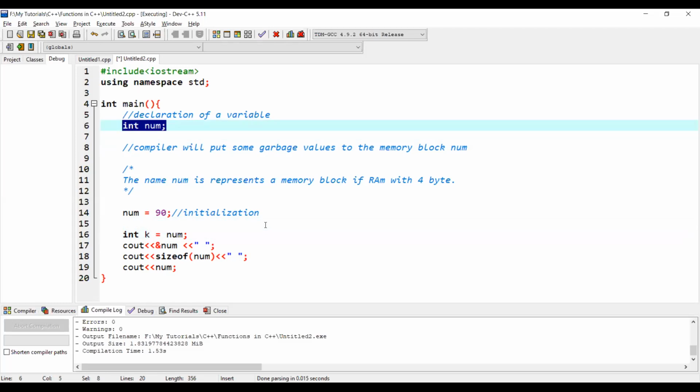Okay, so let's go back to a few other theoretical concepts that we need to clear. A variable that we saw here, a variable has a name. Now, most importantly, in C and C++, a few rules are predefined for a compiler on how to decide a variable name. What are the rules that we need to follow before giving a name to a memory block? So these rules are very, very important. We should remember those rules. Let's see what the rules are.